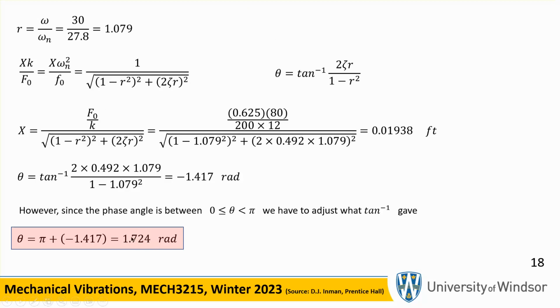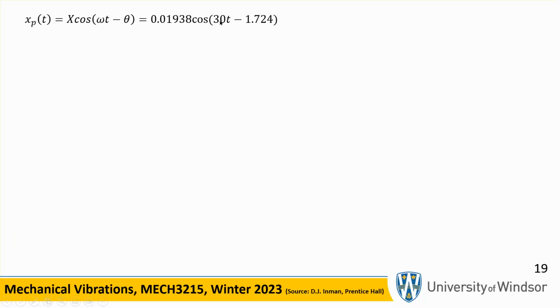It's minus theta, so that's why you have omega t minus that, because remember this is the theta, is this, and then the expression inside is omega t minus theta, so this is theta. Now, when it comes to finding the transmitted force to the base, now what actually is transmitted to the base